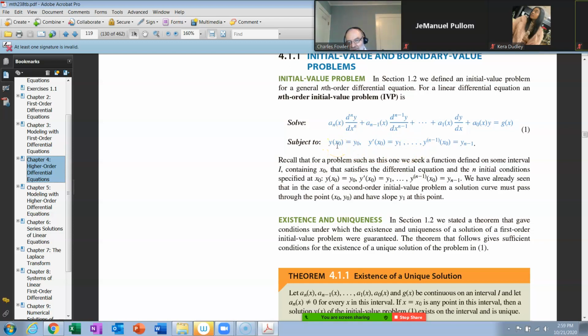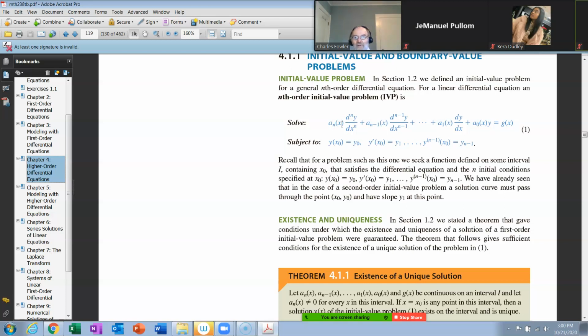Of course, you need that first one. What is the value of y at some fixed value of x? The next one you need is what the value of y prime is at that same value of x. And then, what is y double prime at that same value of x? Then what is y triple prime? All the way up to the n minus first derivative of y at that same value of x. Now you say, wait, aren't we missing one? I thought you said we had n. Notice we started with x sub 0. 0, 1, 2, 3, 4. That gave us up to fifth order. So we only go up to the n minus first derivative for your initial values, even though it was an nth order differential equation. Okay, you have your n